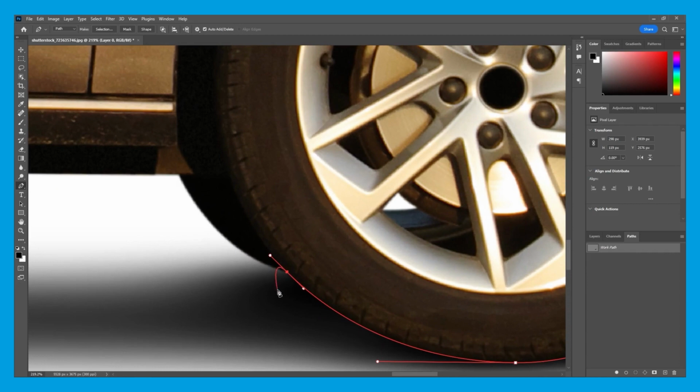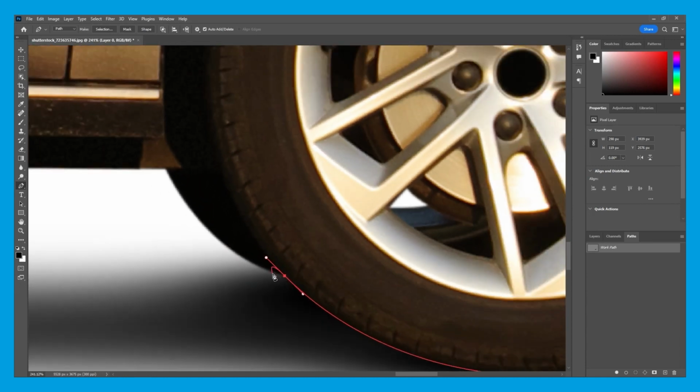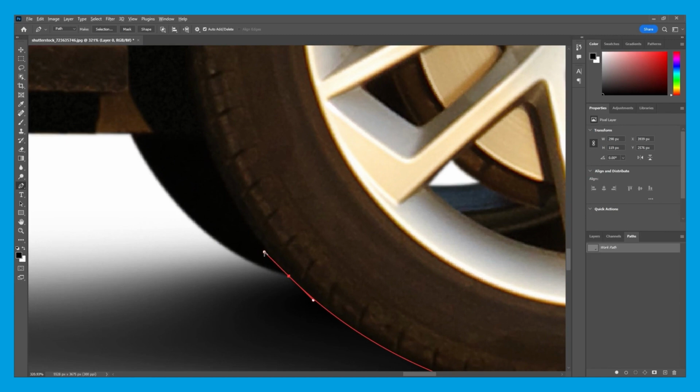So now this is the tyre behind this one. However, it's a sharper angle and it's not curved, and I don't want it to curve, it's going to look weird. So what I need to do is, by holding Alt or Option again and only affecting this direction point, I can actually change the angle like that.